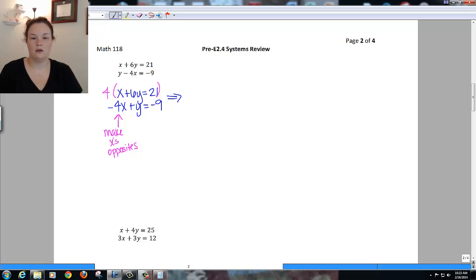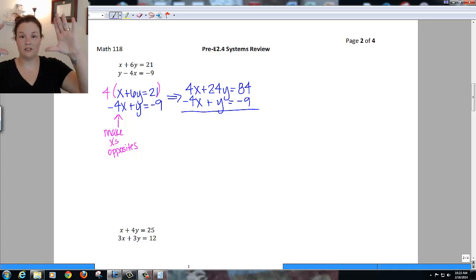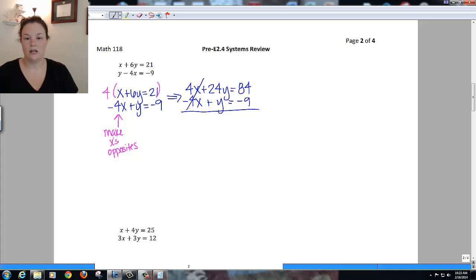Okay. So when I multiply this top equation by positive 4, I get 4x plus 24y equals 84. And then my second equation, I'm just going to leave the same. I don't need to change it. Okay. And now look, my x's are opposites. So I'm going to add my two equations straight down, which when I do that, my 4's cancel, and I'm left with 25y is equal to